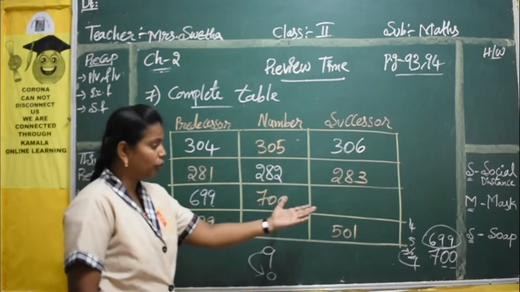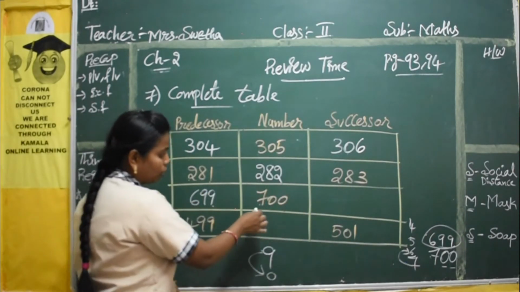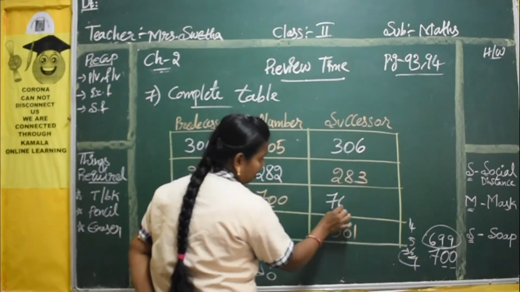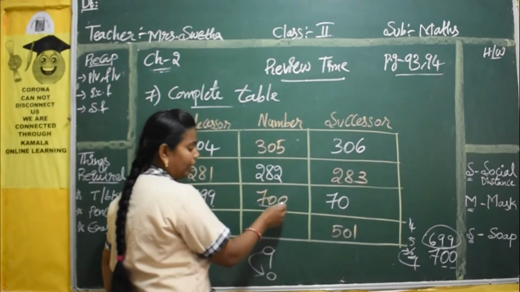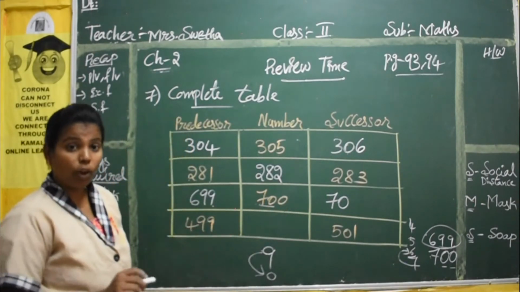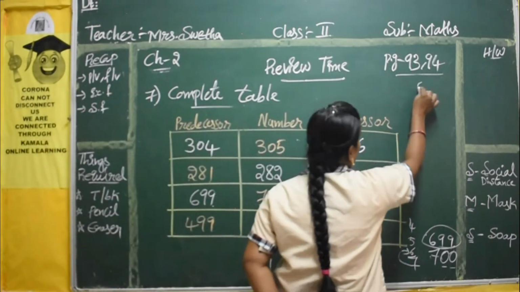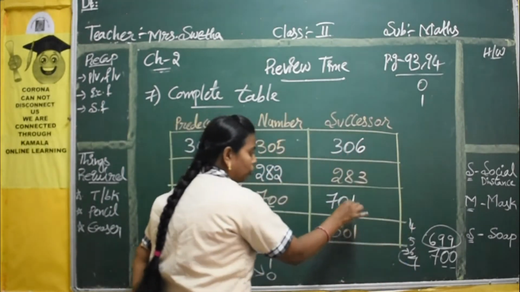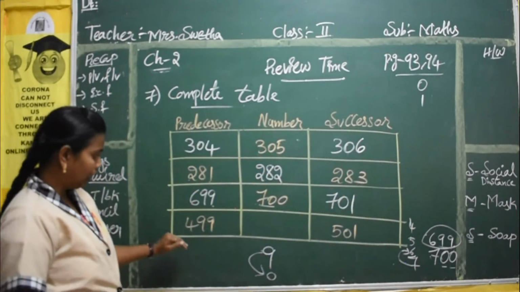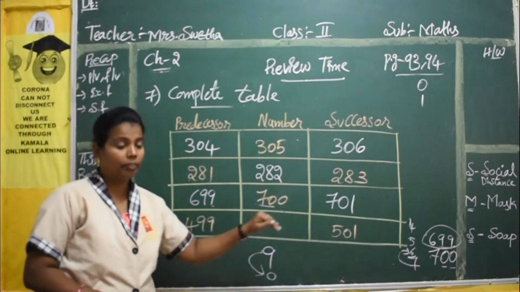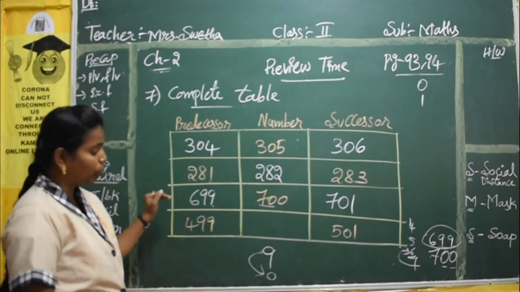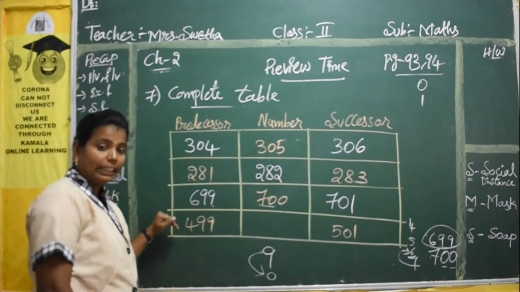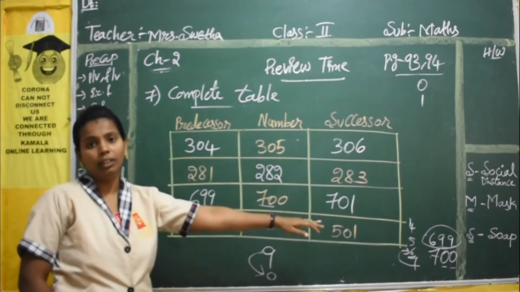Now you have to write the next number. For writing the next number you take the starting two numbers, 70, and then after 0, what number will you get? After 0 you will get number 1. So you have to take number 1. Here you see the predecessor they have given. Now you have to write the between number. For writing the between number, we can take the help of the first number or the second number.